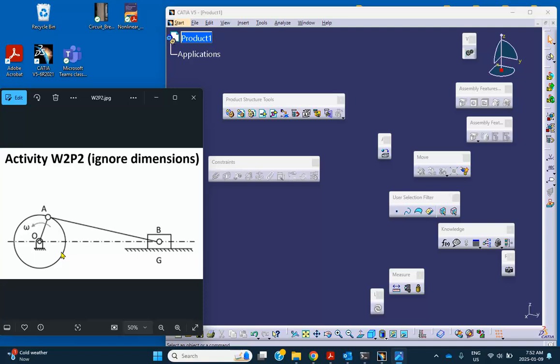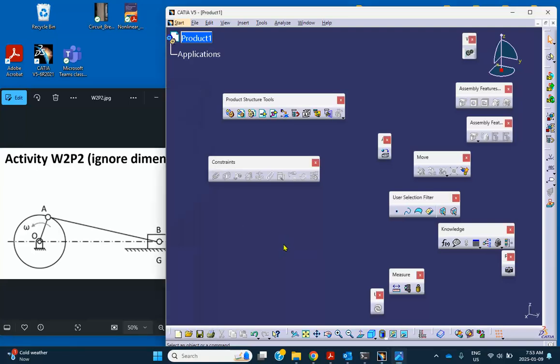However, later on in the course, we're going to be introducing physics into this problem. For example, we specify the speed of rotation of the shaft or the crank, and we're going to find the velocity and acceleration of the piston, etc. But here in this activity, all we want to do is to create the assembly and make sure the assembly constraints are created. Let me start with my